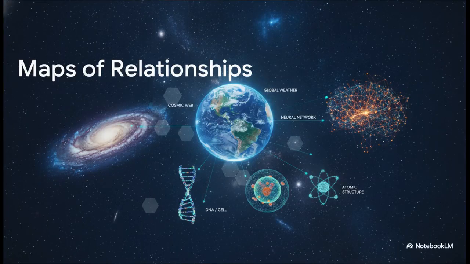And just think about the sheer mind-boggling scale of what we actually map. We have Earth and weather maps, sure, but we also map the human body. We map digital and neural networks. We map atoms, molecules, cells, ecosystems. We even map galaxies and the large-scale structure of the universe stretching back 13.8 billion years. Everything in the universe, from the chemical alphabet forged in the hearts of supernovas to the firing neurons in your own brain right now, can be understood as a map of relationships.